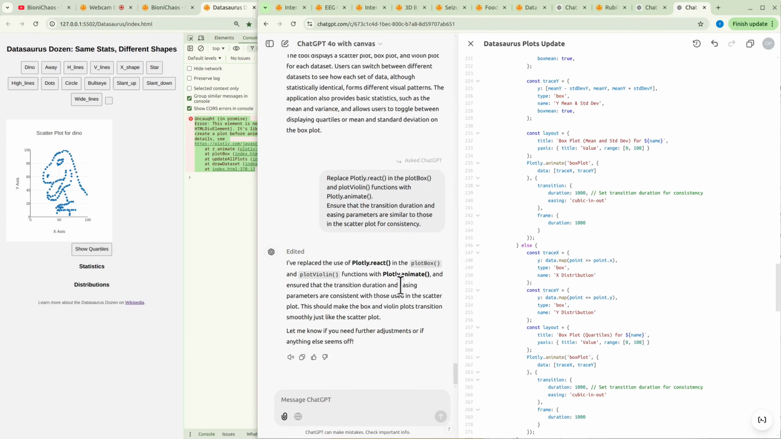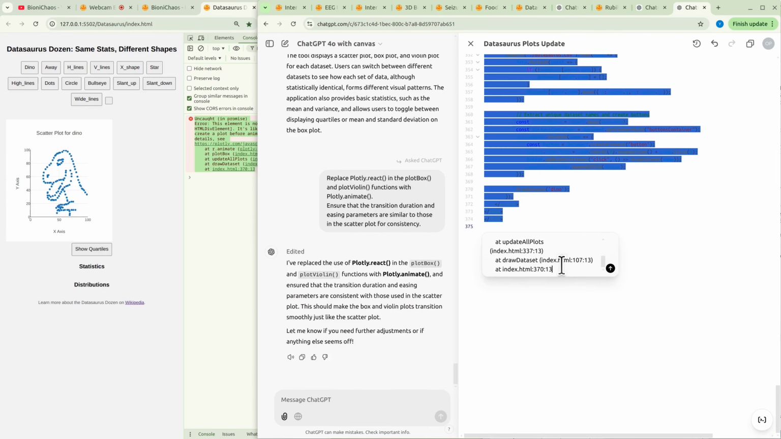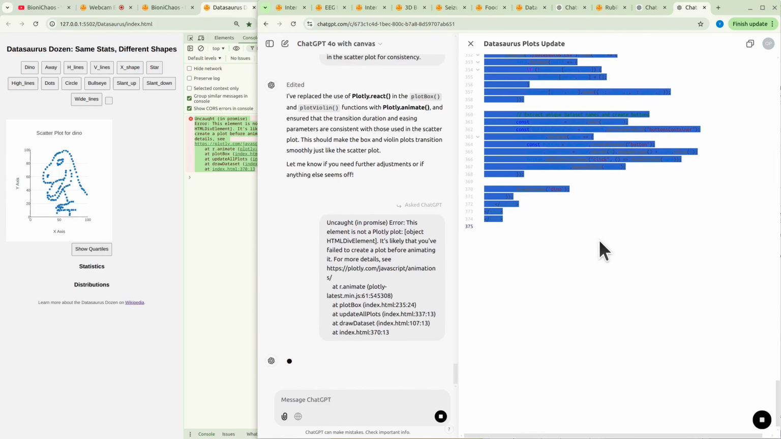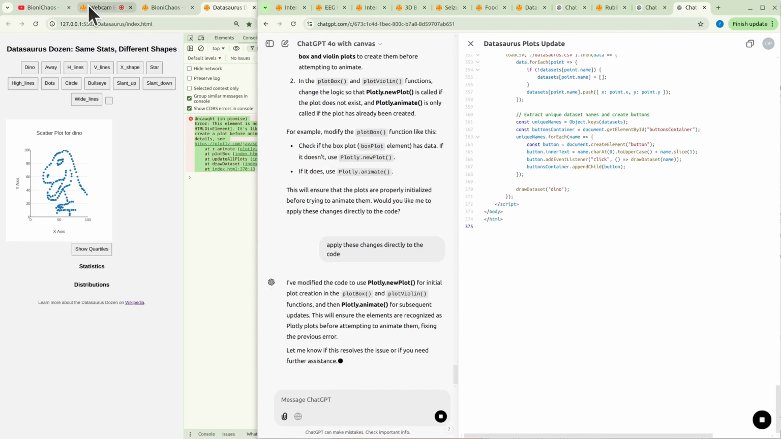Okay, we do want to fix that error. That's starting to hallucinate on us already, or while it's generating,